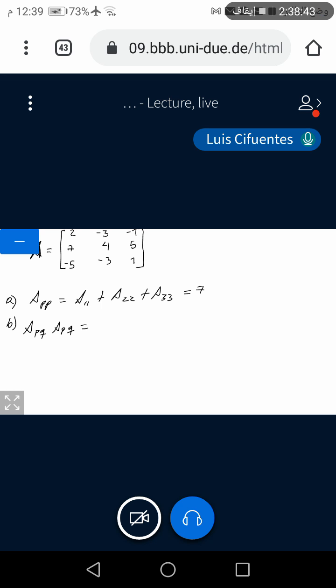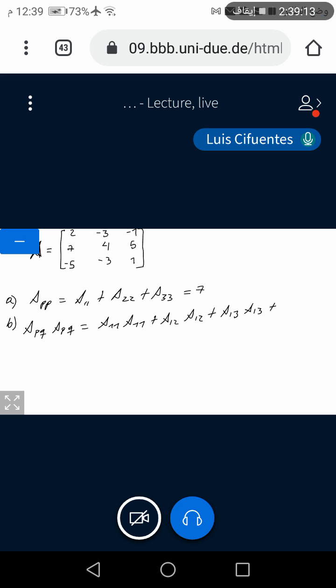We'll start with the index 11, A11 times A11, and then I will vary the index Q, plus, okay, index Q is 2 here, A12 A12, and then Q is 3, A13 A13,